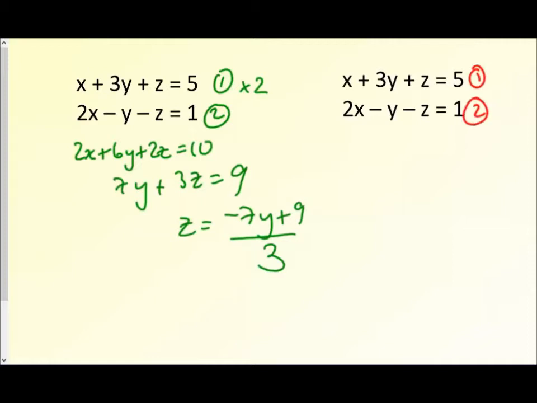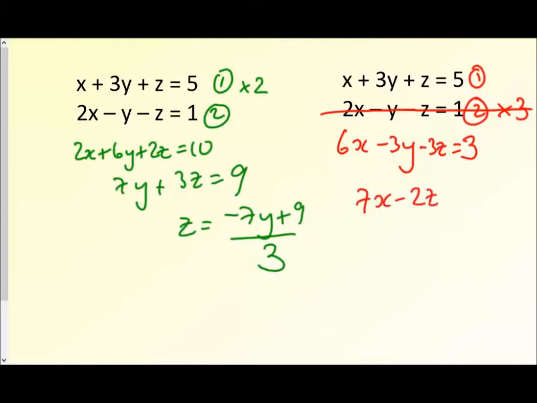Right, let's do that again. This time I'm trying to eliminate y, so let's times this one by 3. I've now got, let's just put a line through that so I don't confuse myself. These two, I've got the same numbers of y, so I just need to add here because that's negative. So 7x minus 2z equals 8. So z is equal to